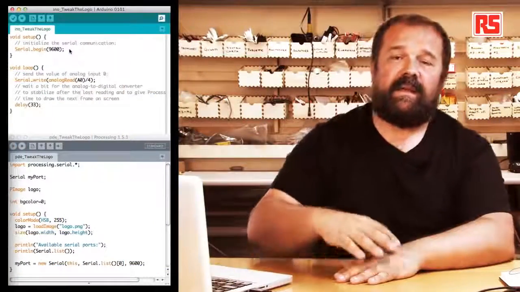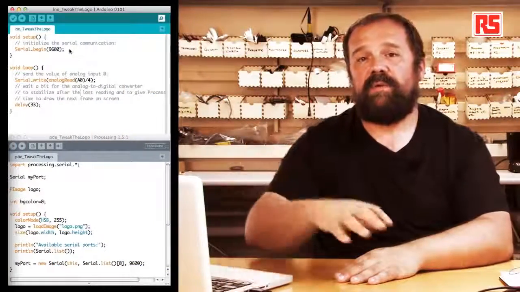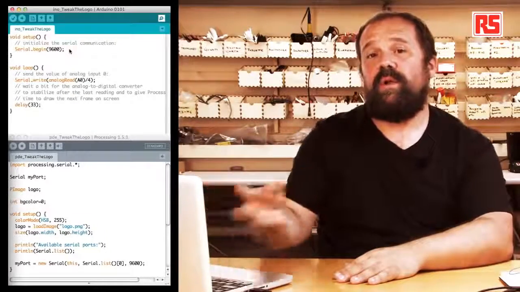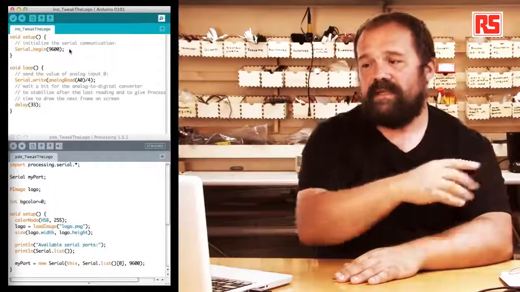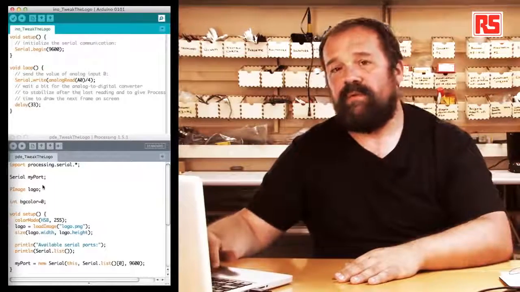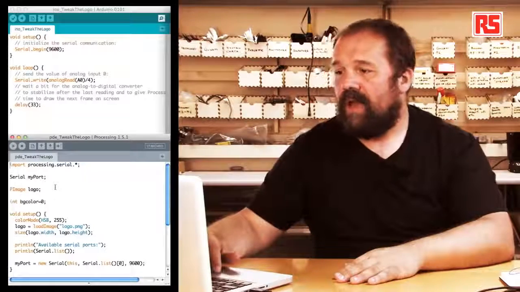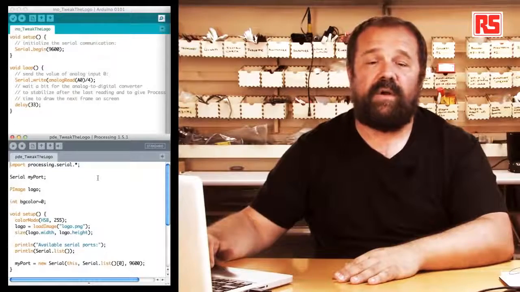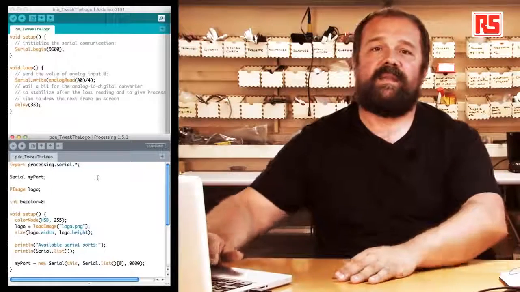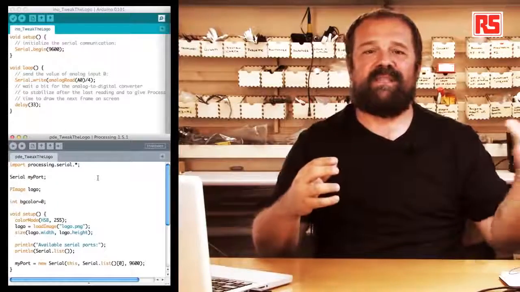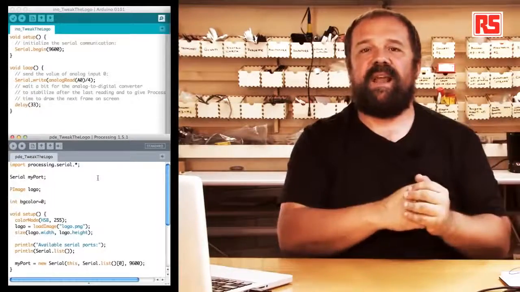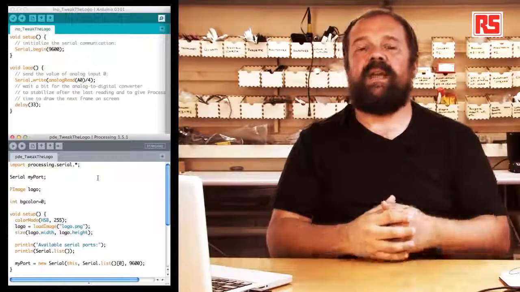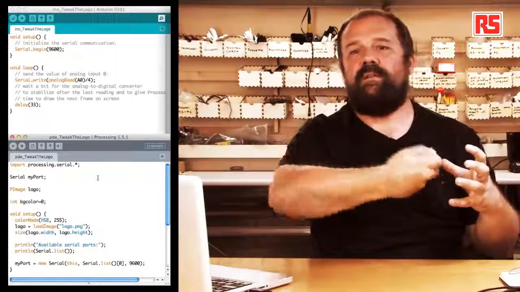So once the data is reaching the computer, then we have to explore what the processing code is doing in order to read that data and visualize it. So switching over to the processing code, at the beginning we have this import statement that imports the library called processing.serial. This one is the twin library of our serial.begin, sort of a serial library on Arduino. There is a corresponding serial library in processing that we are using to open the communication and read the data